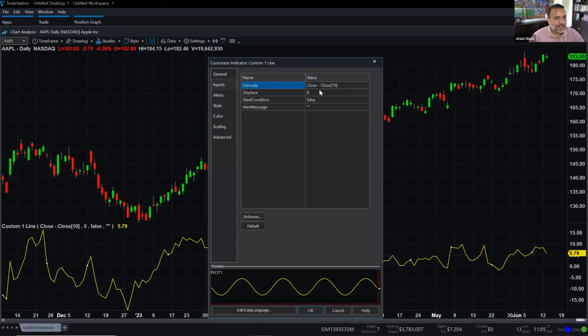All right. So it says close minus the close. And then there's a 10 inside of square brackets. Pretty cool, right? And if you're not familiar with EasyLanguage and historical references, this is the way that TradeStation makes reference to a historical value. By plugging in a number inside square brackets, you're technically telling TradeStation, go and grab the closing price of 10